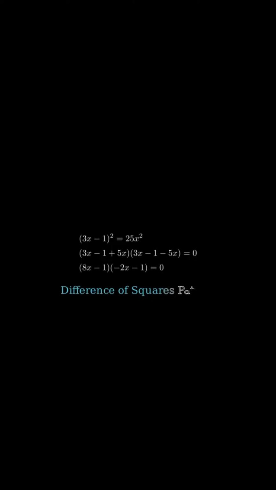It's a powerful technique that allows us to factor expressions in the form a² - b², which otherwise might seem challenging to solve. When a product equals 0, at least one of the factors must equal 0. So we have 8x - 1 = 0, or -2x